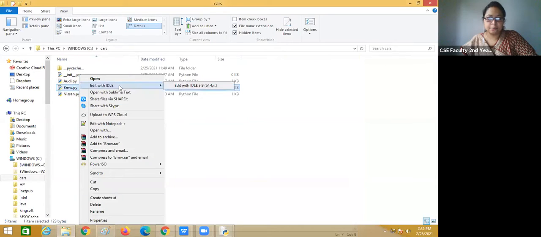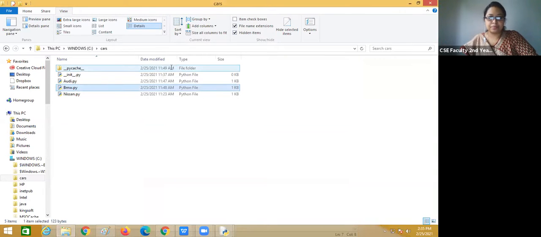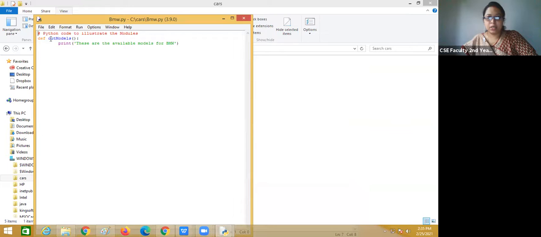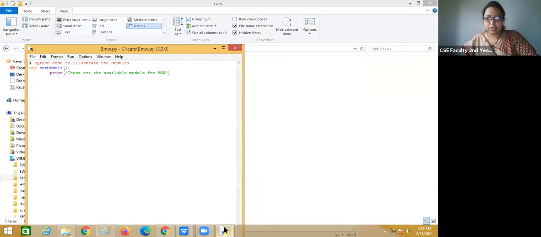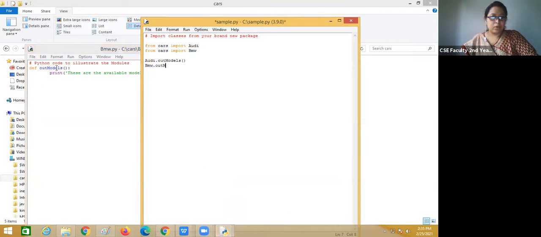You can see here the function names are the same, out models, so I have to write the same function name here.